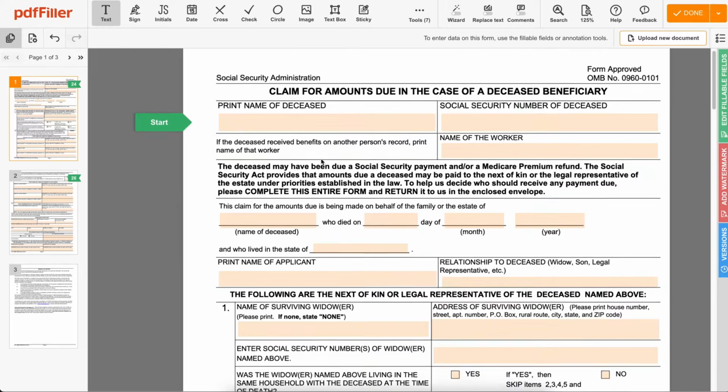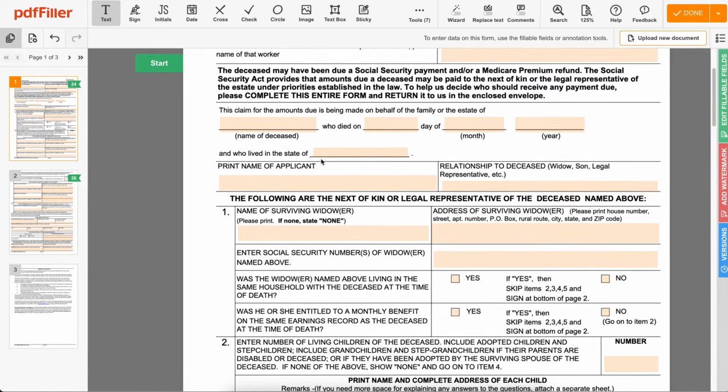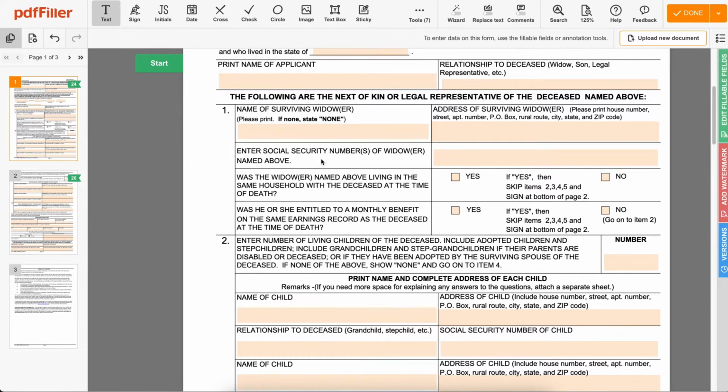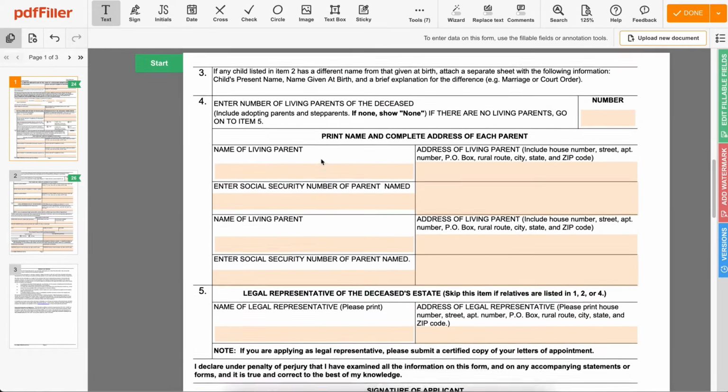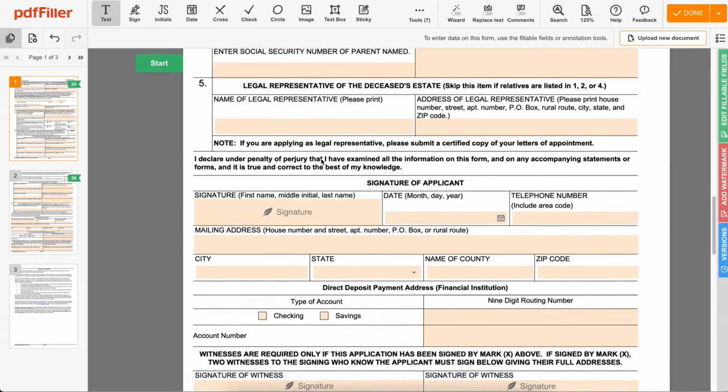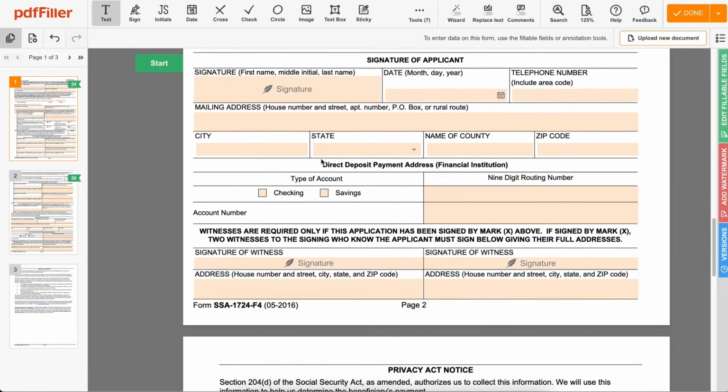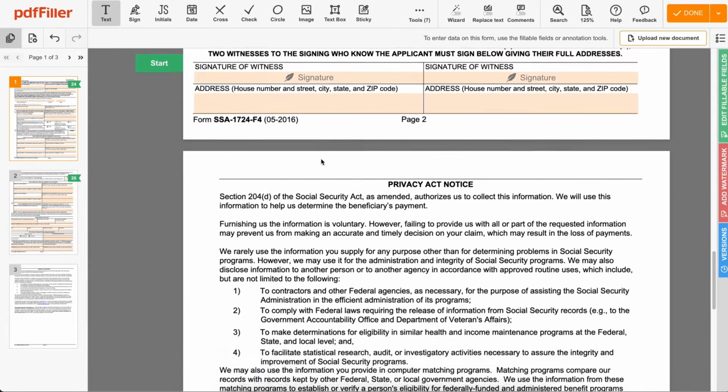When a family member receiving Social Security payments passes away, family members are often responsible for settling all the financial and legal issues of the deceased. Payments may be paid to the next of kin or to the legal representative of the person who died. The first step to receiving these payments is to fill out Form